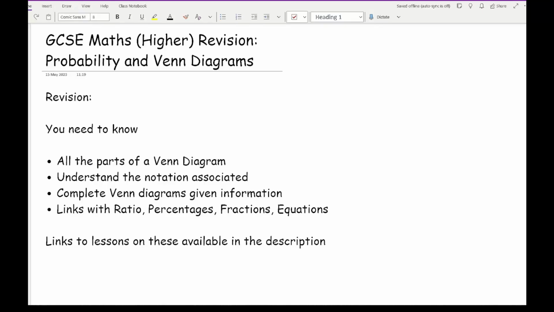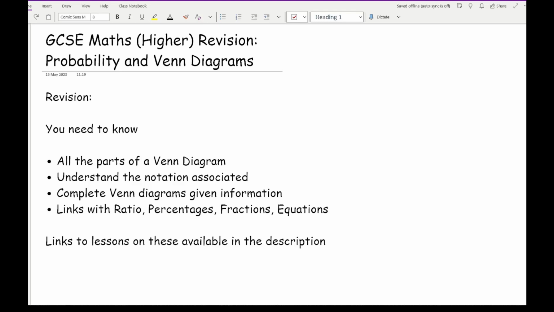Now before we get started working through some exam style questions related to probability and in particular Venn diagrams, there are some important aspects that you need to know in order to make these questions a little bit easier. Before working through these questions you need to make sure that you are fully aware of all the parts of the Venn diagram, including why we have a box round all of those circles. You also need to know the notation associated with Venn diagrams